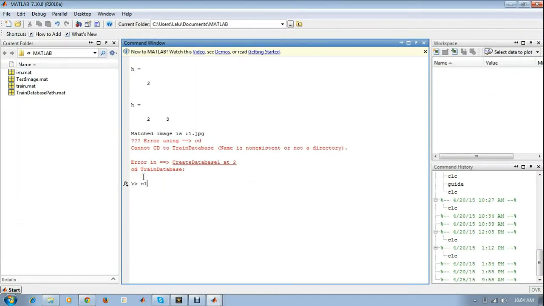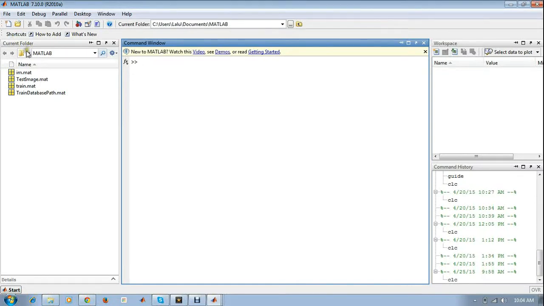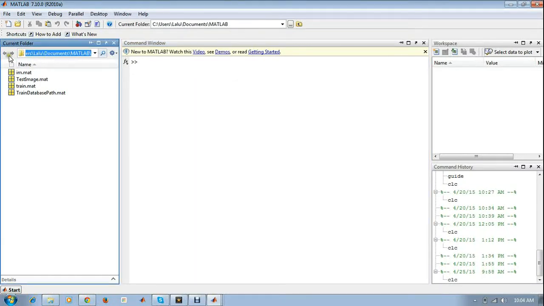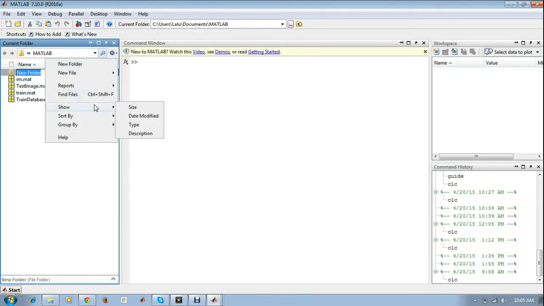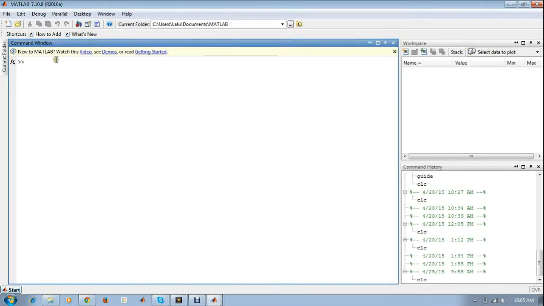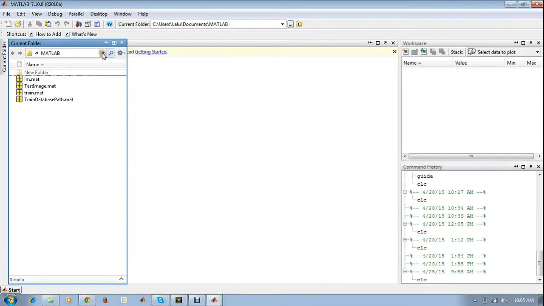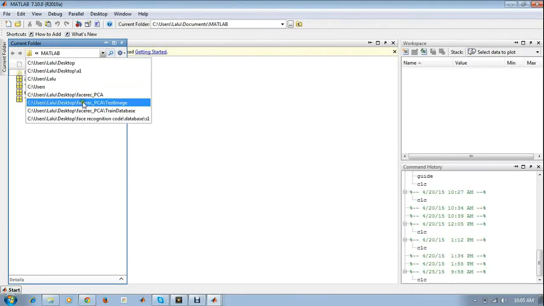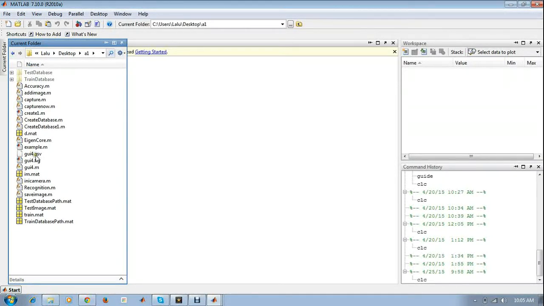On the desktop here we have to add the database path.